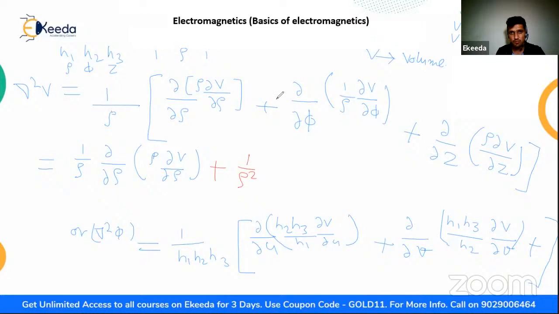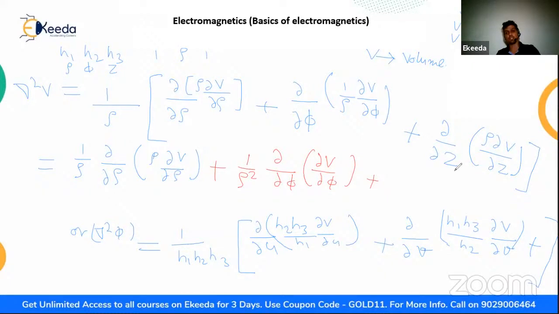1 upon rho is this, and 1 upon rho is this. So del upon del phi. And this is again del, okay, you can say this is basically double differentiation, del v upon del phi. So it will simply convert to del square v upon del phi square. Okay. And now the next term is 1 upon rho. I'm taking from here. And again, I can take it out because this is a constant, because I'm doing partial